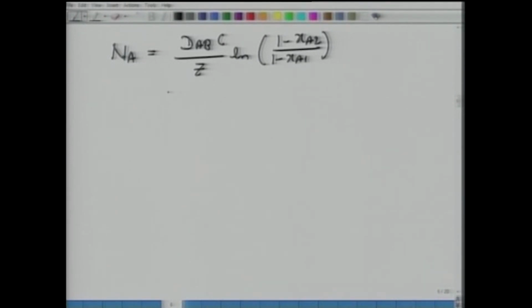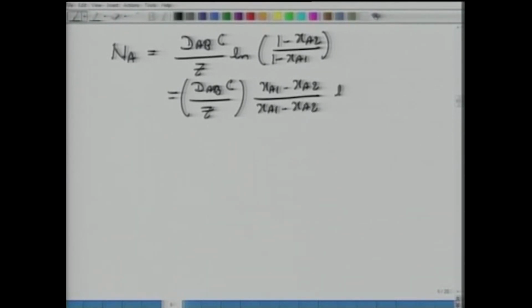We can also write DAB C over Z, and we can divide and multiply by (XA1 minus XA2) over (XA1 minus XA2) times ln (1 minus XA2) over (1 minus XA1). So all we are trying to do is rearrange the similar expressions, and then